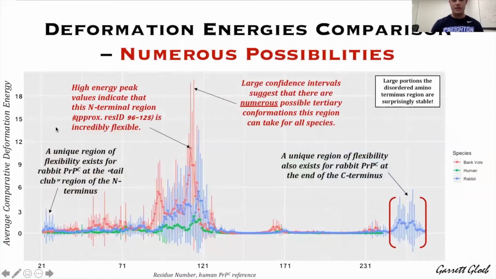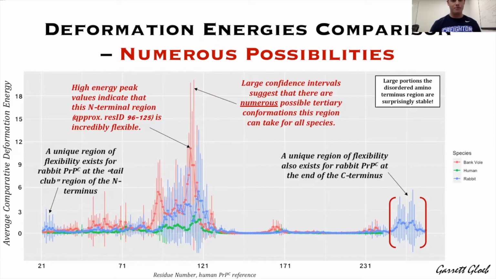So the first thing that we did in order to analyze prion structural dynamics is perform in R a deformation energies comparison. We found a few things. First, we found that we had large confidence intervals across all of the I-TASSER predicted protein structures, which suggests that there are numerous possible tertiary conformations in the N-terminus region, approximately residue 21 to 121, that all the species can